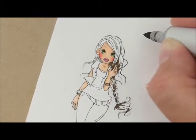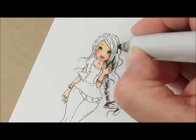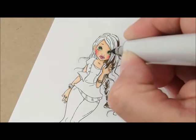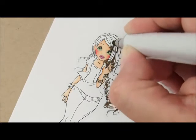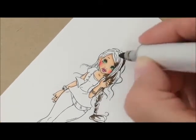And let's see here. How about over here where it's looking like it's dipping down behind? And then how about right here where it's going behind this little section? And then for her part up here,